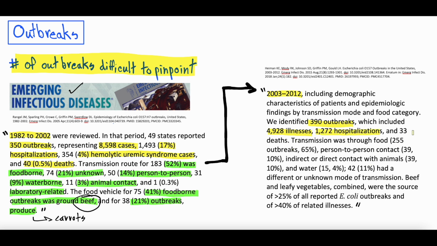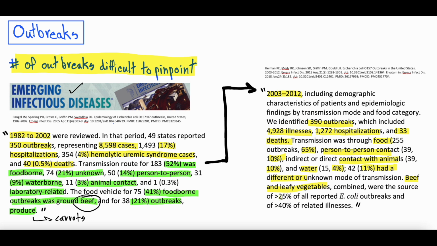1,272 had to be hospitalized and 33 died during this period of time. Transmission was mostly through food, 65%. 10% was person-to-person contact, 10% was animal contact, 4% was water, and 11% was unknown. Beef and leafy vegetables were the biggest source of infections, and